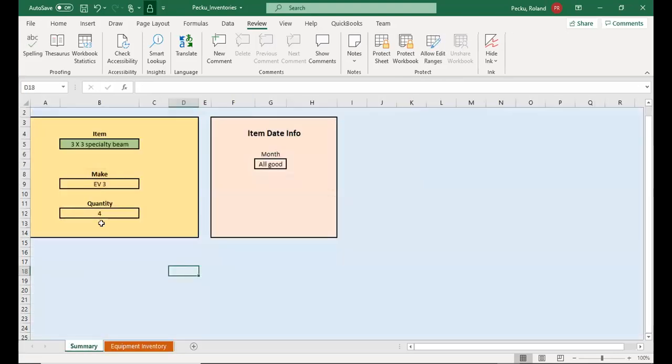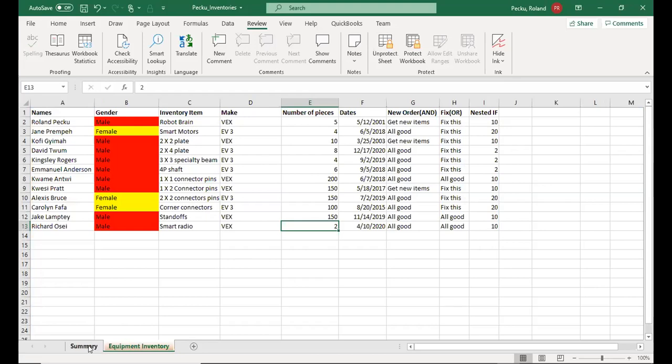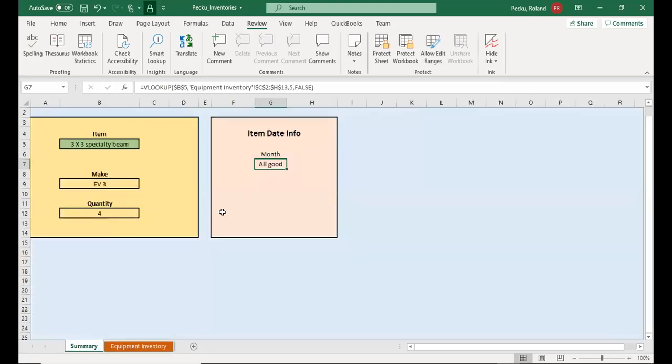Okay, and so we know these cells, sorry, these cells have formulas in them that look up what we have in the database to display the information over here. Any change caused here affects what is going to be displayed in here. And so we need to protect that so that the secretary wouldn't be able to change the information in these